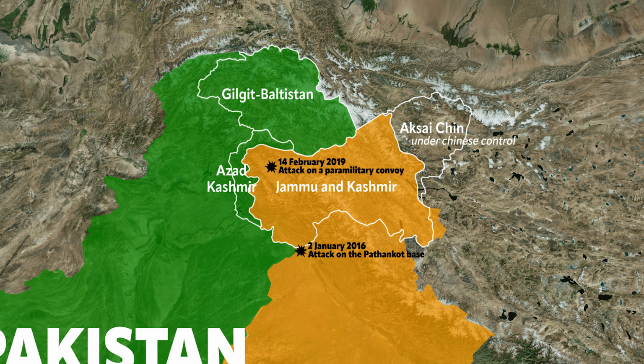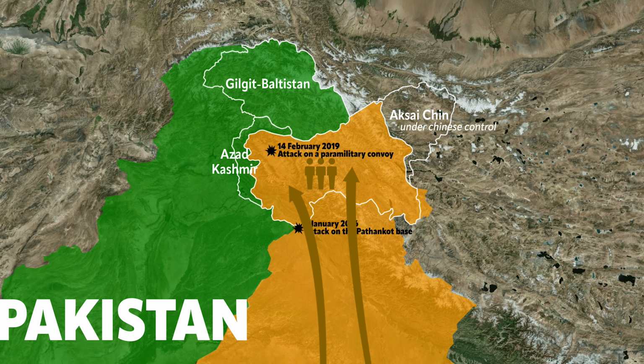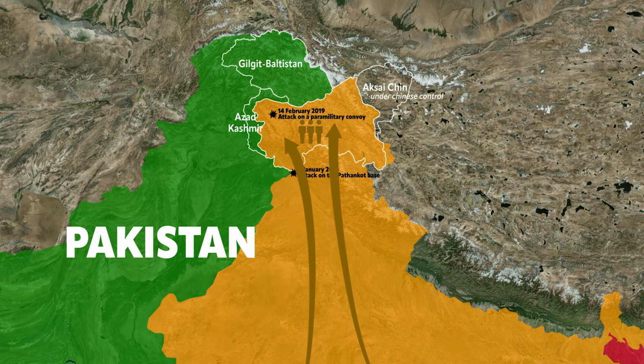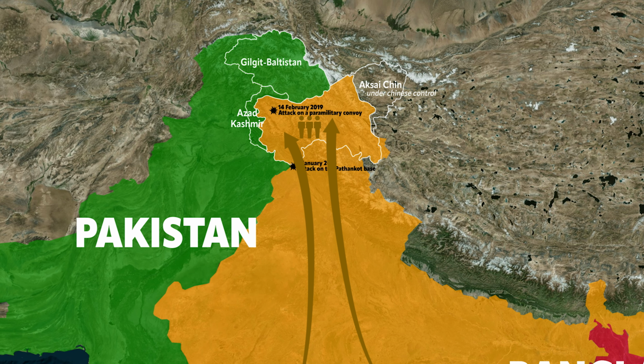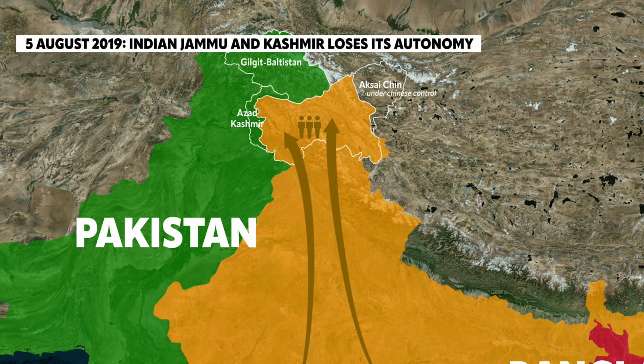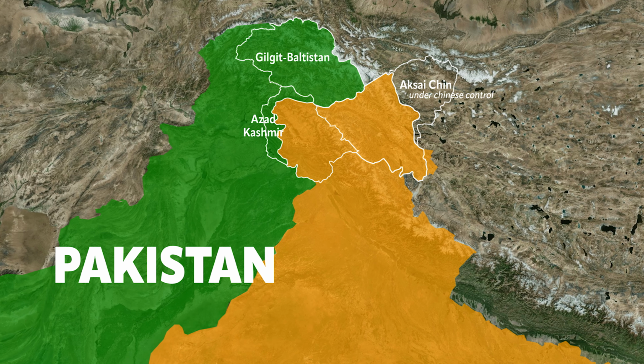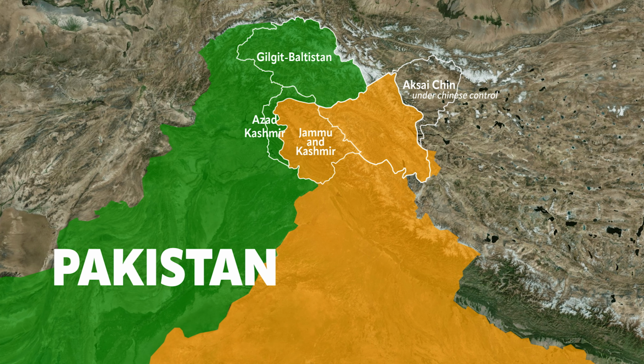As for Indian-controlled Kashmir, to increase its demographic weight and thus reduce the Muslim presence in the region, India is pushing for the immigration of non-Muslim populations into the territory. This is a well-known method used by China, for example, against Muslim Uyghurs or Tibetans. Another important development is that on the 5th of August 2019, India withdrew Jammu and Kashmir's autonomous status and sent 35,000 troops to the region in anticipation of any uprising at the time of this decision. The former province was divided into two regions that became territories of the Indian Union, one still called Jammu and Kashmir, the other Ladakh. This is also a way for India to show that it has complete control over these